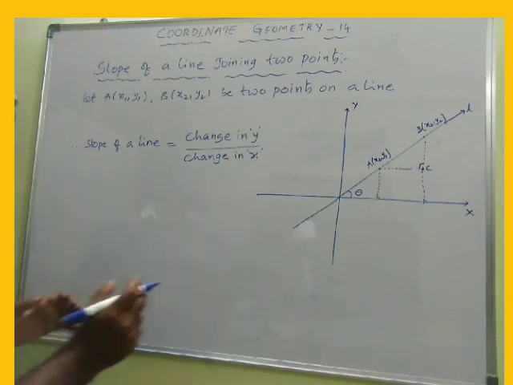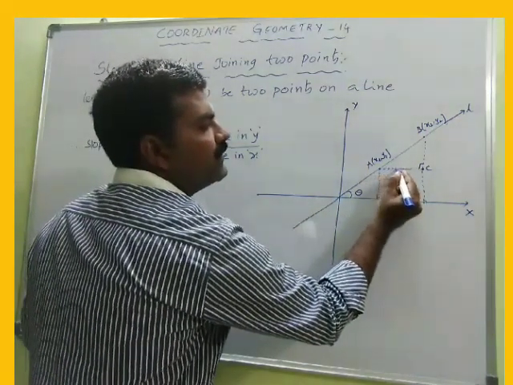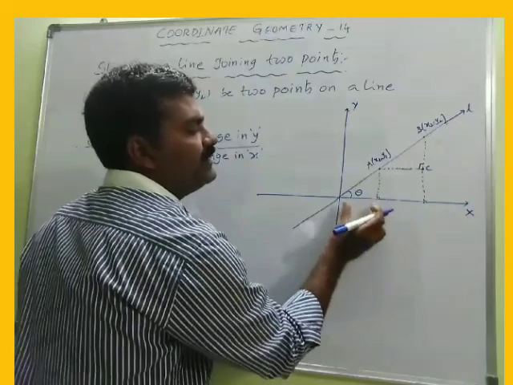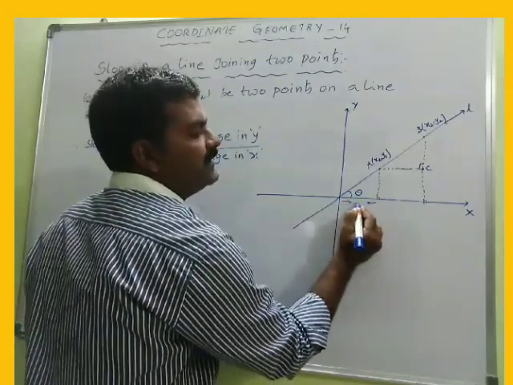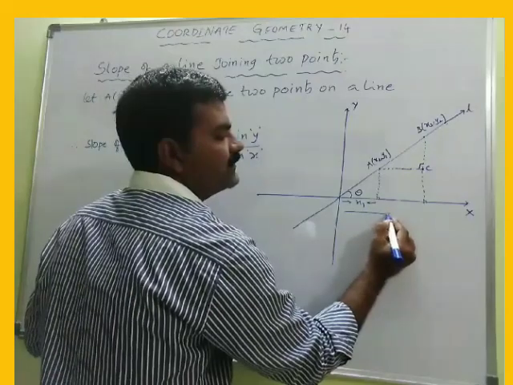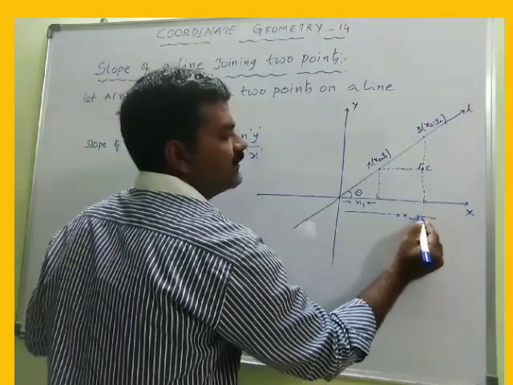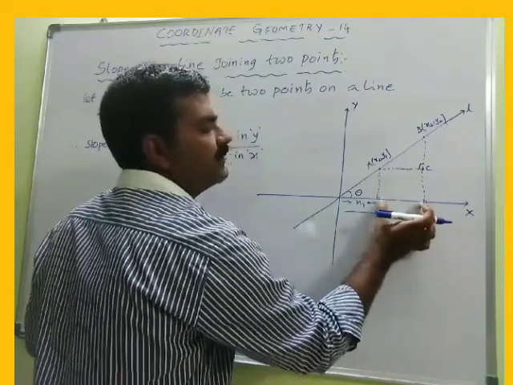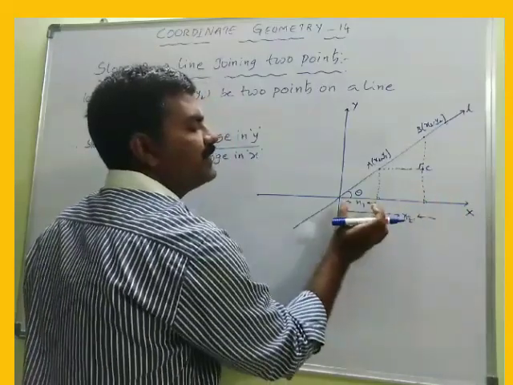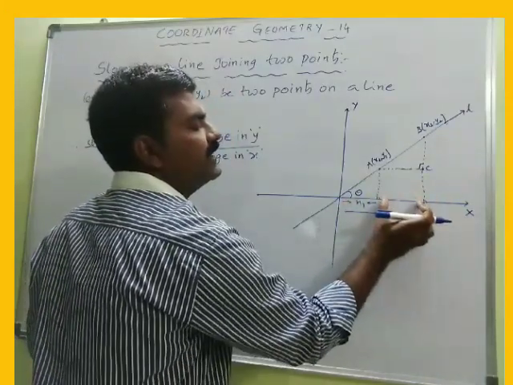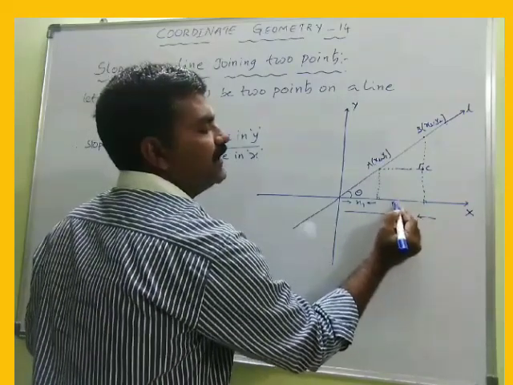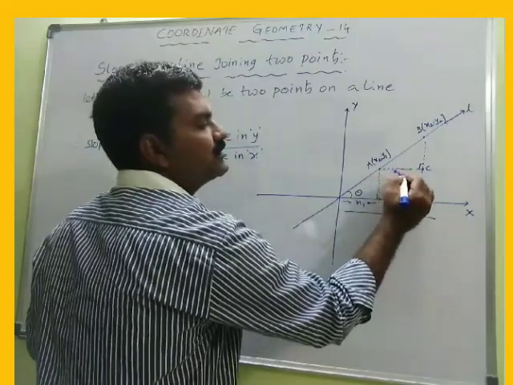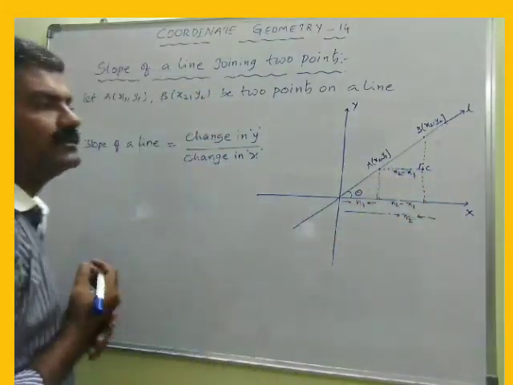Now let us see, we want to know the length of this AC as well as the length of this BC. Now look at me, this distance is clearly x1, whereas this whole distance is x2, isn't it? From the entire length, if you subtract this part, we are going to get the length of this one, that is x2 minus x1. If it is x2 minus x1, no doubt this is also x2 minus x1.